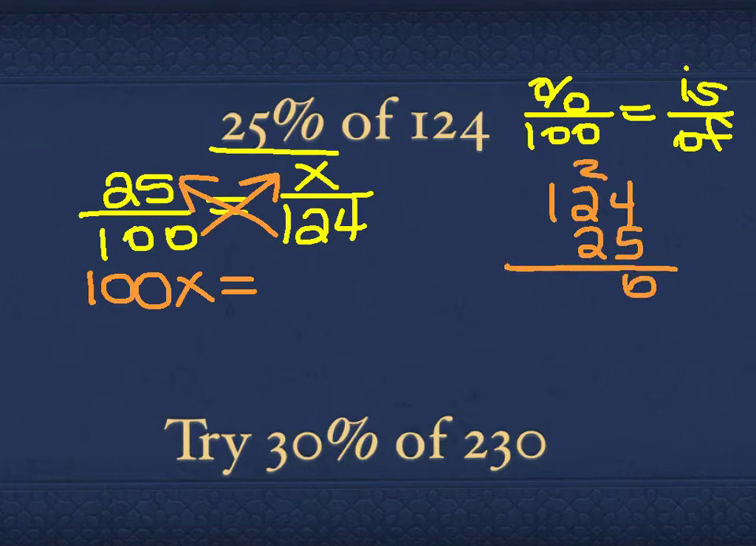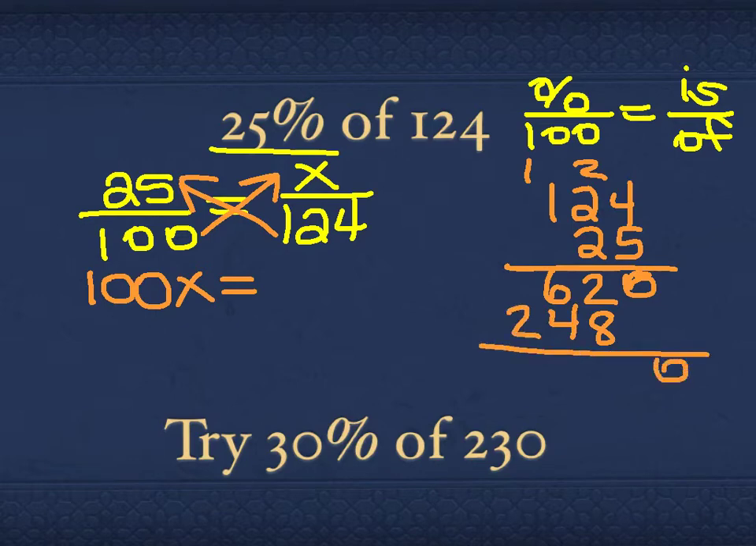5 times 4 is 20. That's a 0. 5 times 2 is 10, plus 2 is 12. 5 times 1 is 5, plus 1 is 6. Place holder. 2 times 4 is 8. 2 times 2 is 4. And 2 times 1 is 2. When I add all these up, I get